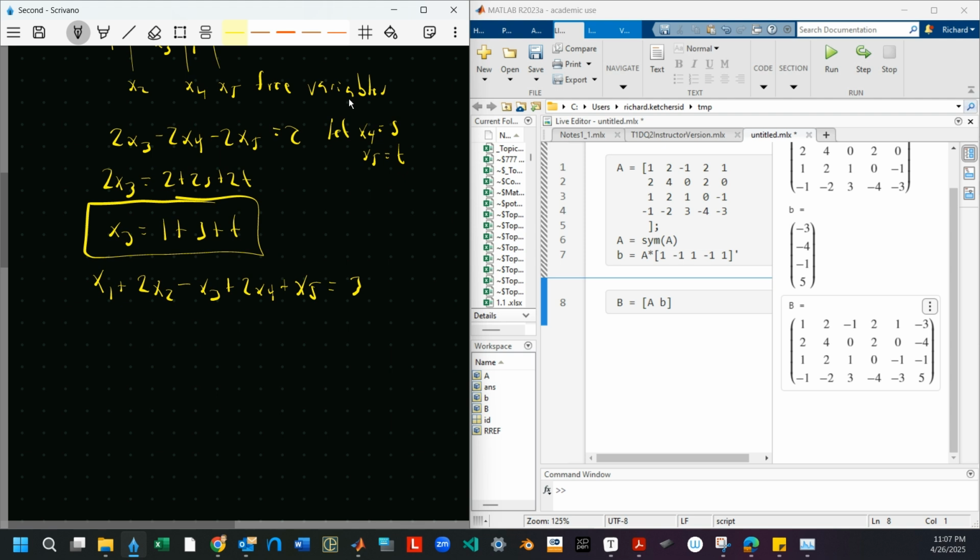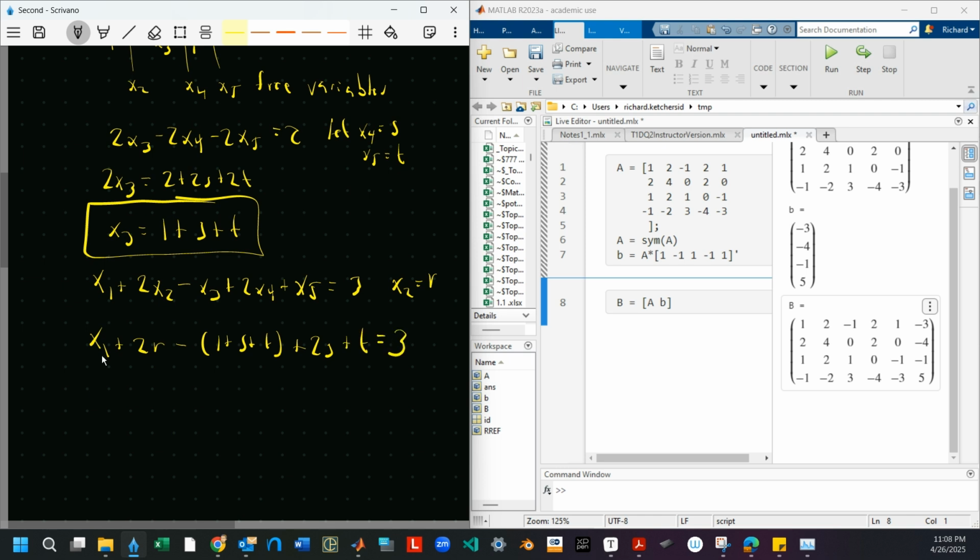But now we already have that x4 is s, so let's just put in what we know. So x1, now again, we can't solve for x2 because there's nothing to solve for there, so we're just going to say it's the other free variable here. So x2, let's call it r, right? So this is going to be plus 2r minus, and then what was x3? Well, x3 was this thing, so 1 plus s plus t, right? And then plus, x4 was s, so this is 2s, and x5 was t,